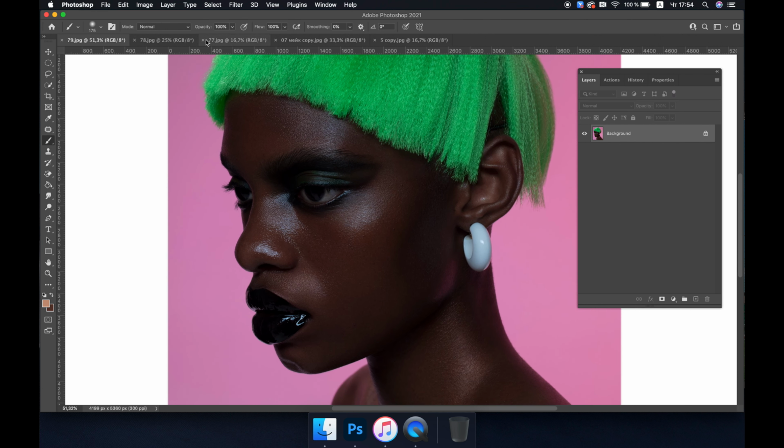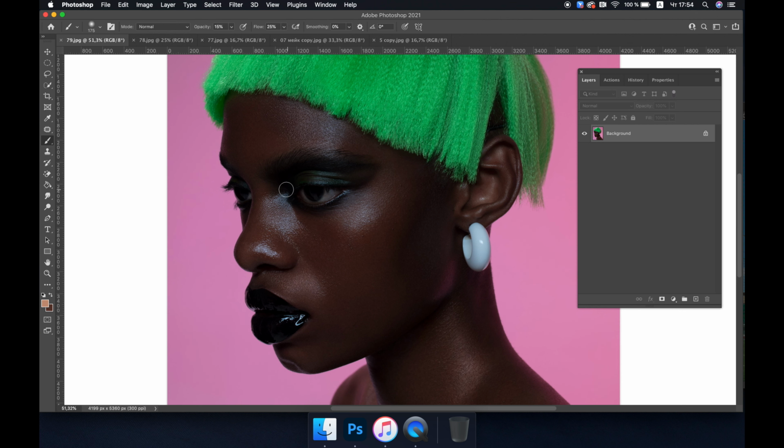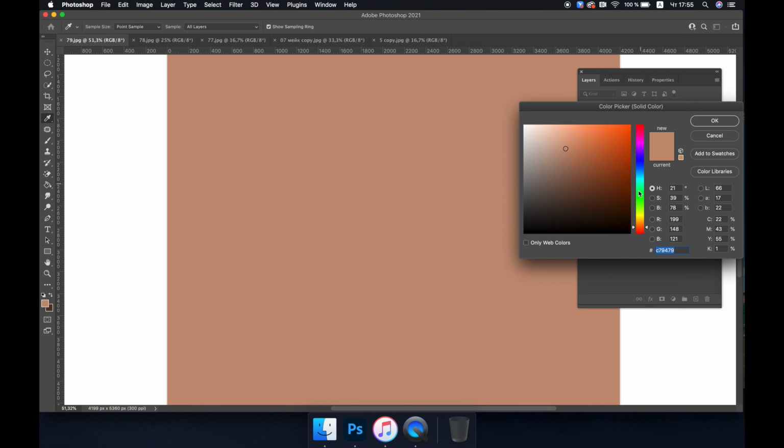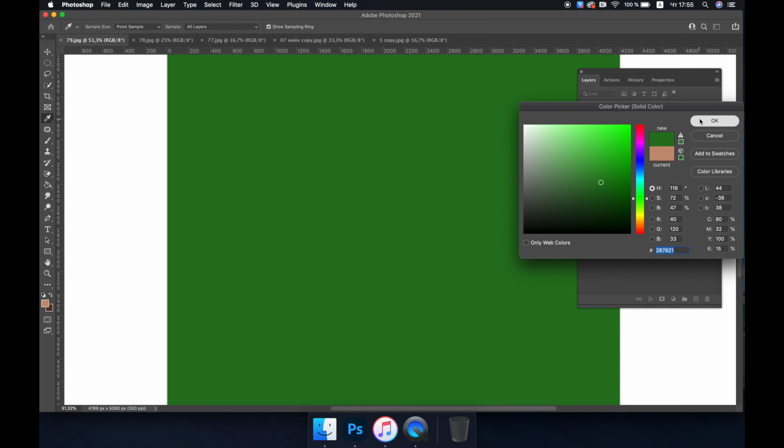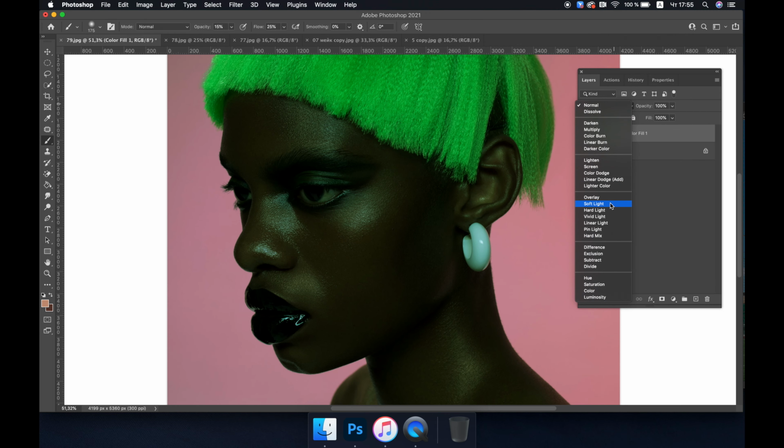We can immediately select the brush tool and reduce the opacity and flow. The principle of operation will be similar to the moment when you worked with blush. Imagine that you are an artist and you are drawing, making a few strokes. And let's get started. Create a solid color layer, select a random green tint, set the blending mode to soft